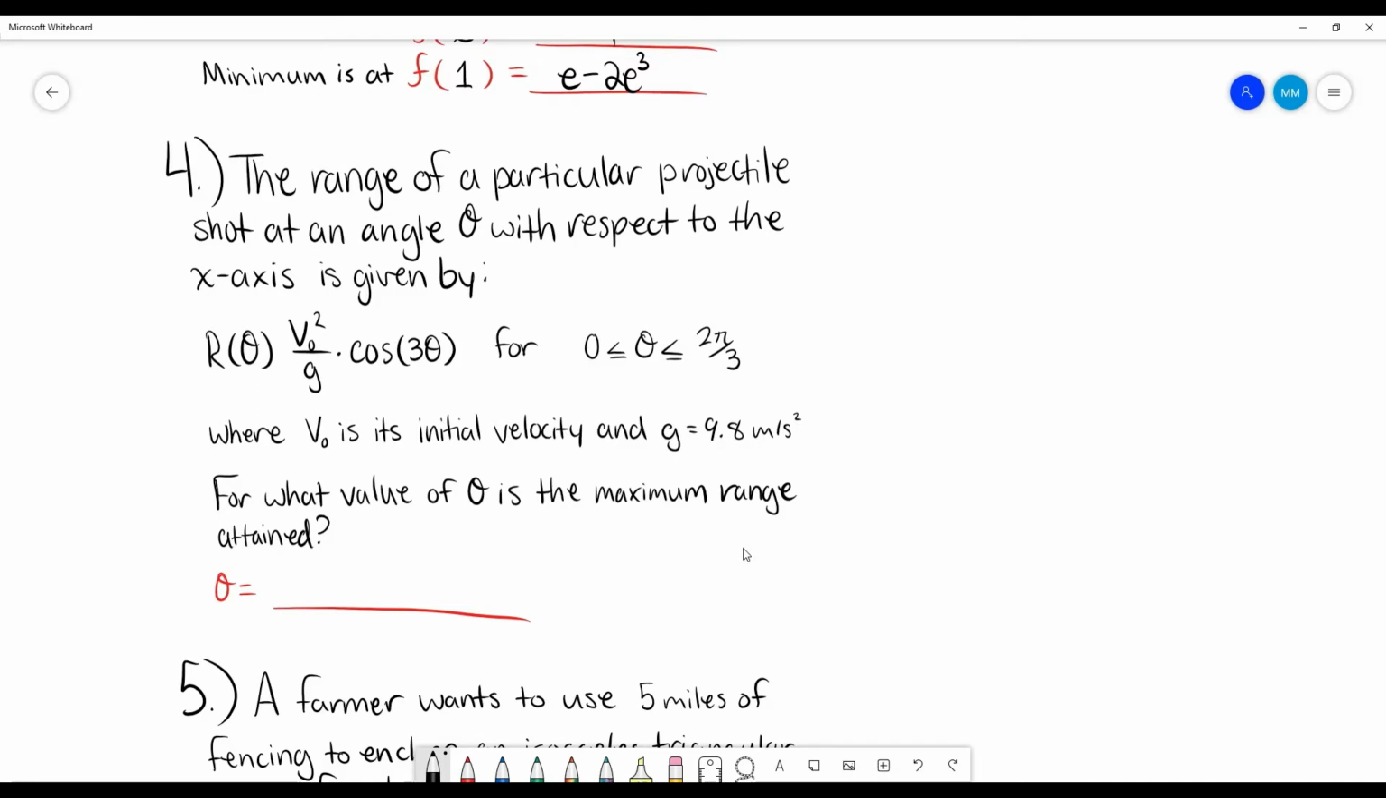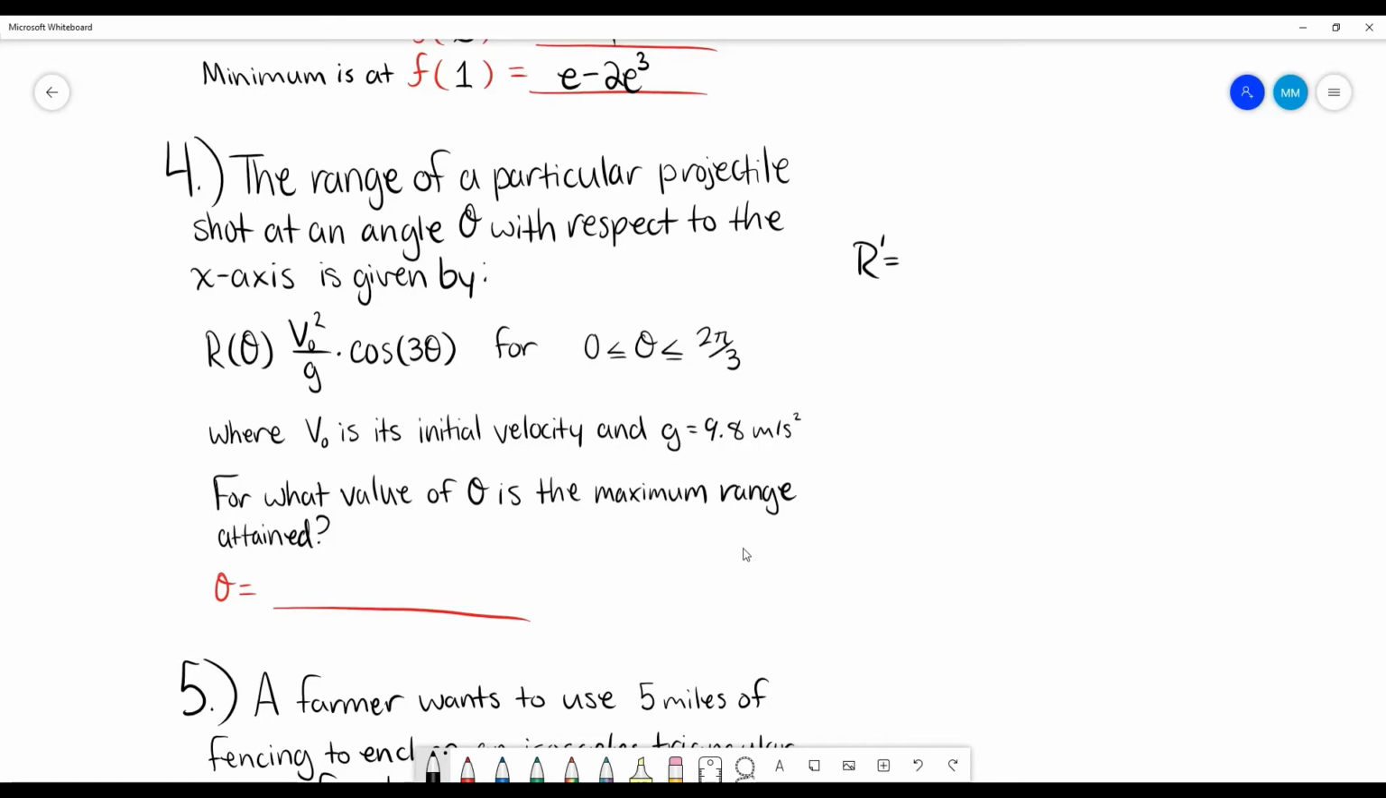They're asking at what point we reach our maximum on this function, which means we just have to take the derivative, find our critical points, and use those to figure out where our maximum and minimums are, and what value our maximum is at. That's all we're looking for. So if I take the derivative here,